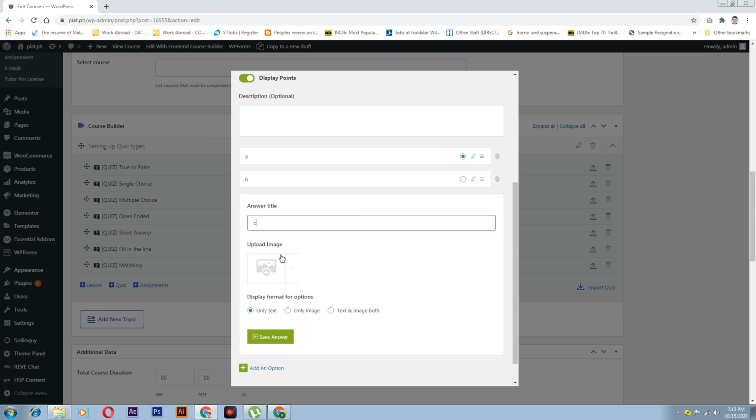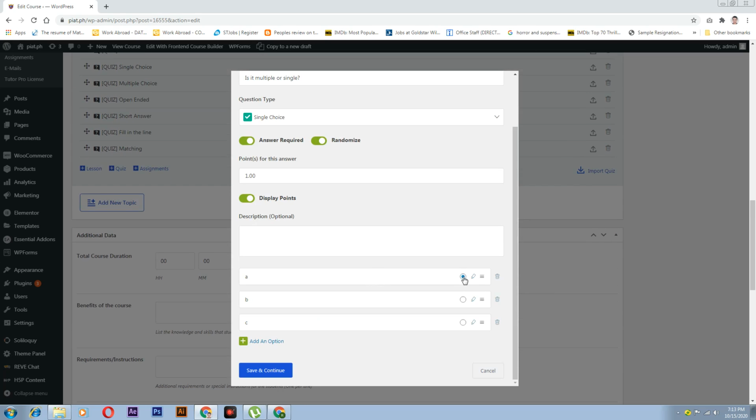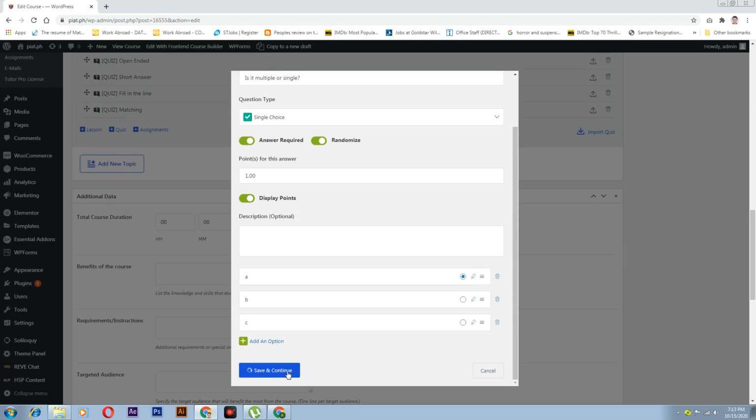Just add another save answer. And then now we have the option. So, kung ano po yung naka-tick na radio button here is going to be the correct answer. The student answer letter A in the question, the student side, pag nasagot na nila, then the answer is correct. Otherwise, continue.